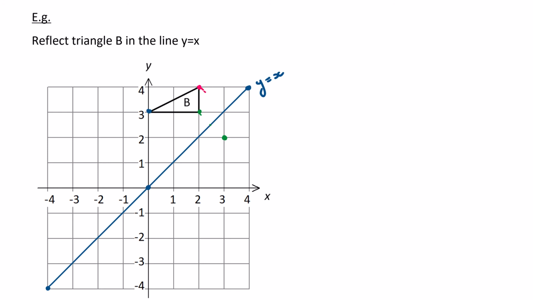I've moved from the pink one diagonally towards the mirror line, and that took me 1 square. So I'm moving away diagonally again 1 square. And then the blue vertex, I've moved 1 square and then half a square to reach the mirror line. So I'm moving half a square and then 1 square out as well. And now I have my